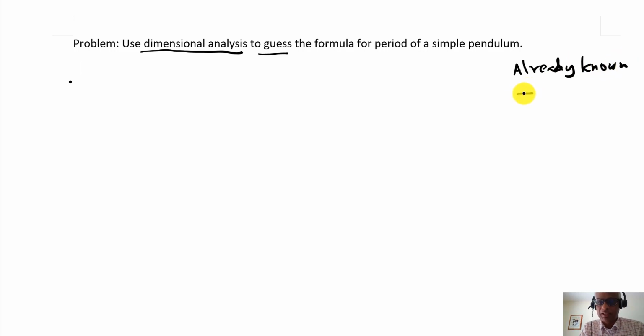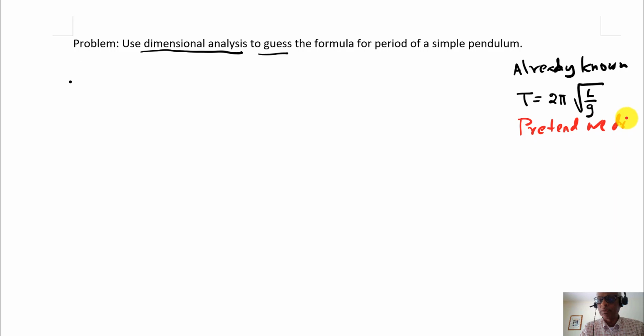The answer should be T equals 2 pi square root of L over g. But we're going to pretend that we don't know